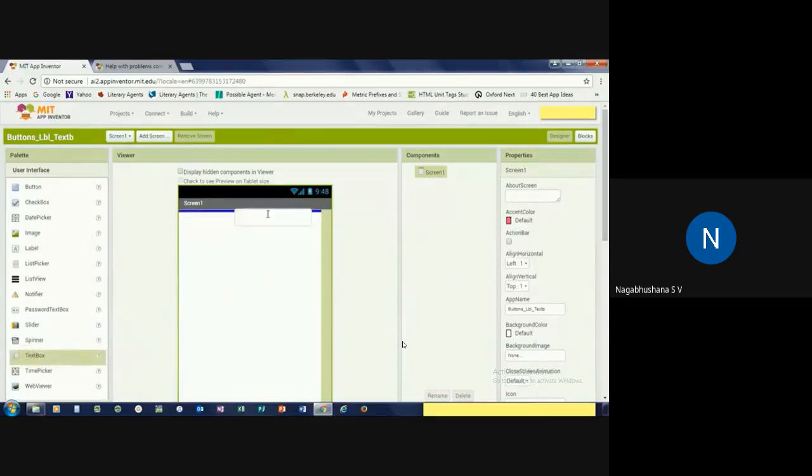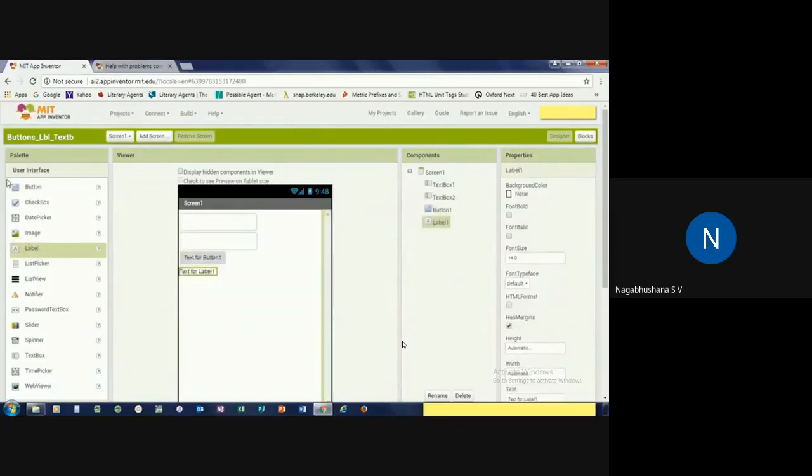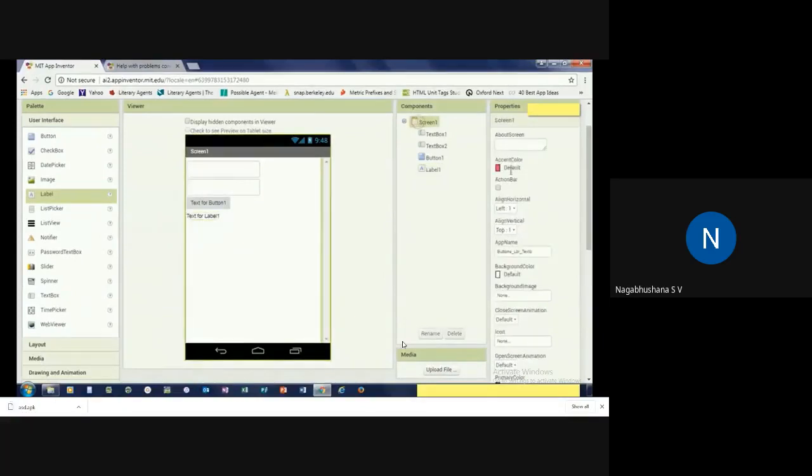So let's bring in the first text box, second text box, a button, and a label. What this form is going to do is the user will enter their first name, they will enter their last name, they'll hit submit, and their name will pop up in this label. That's why I have two text boxes, a button, and a label.